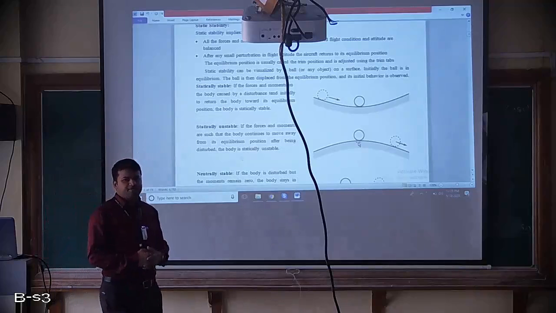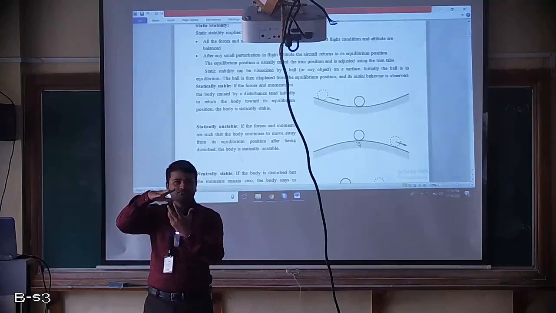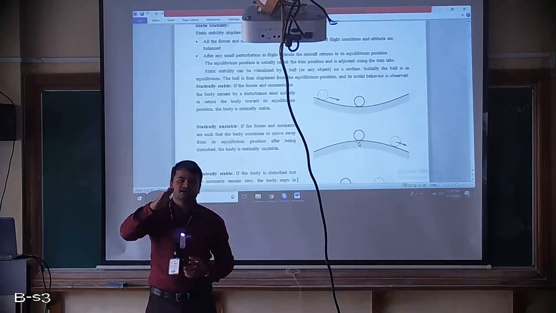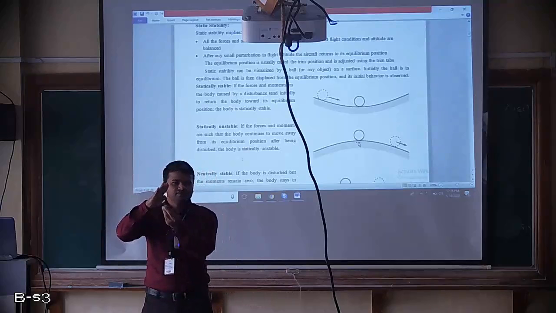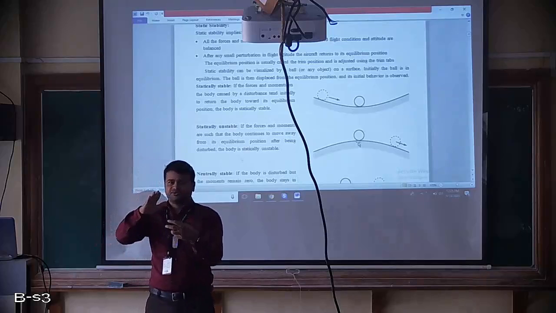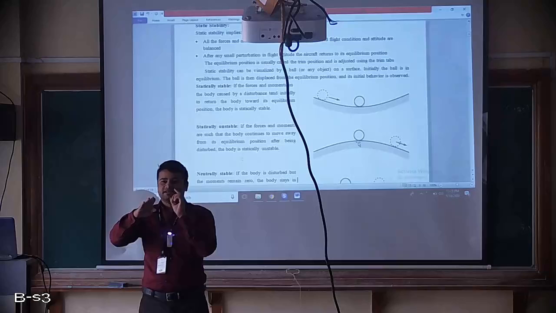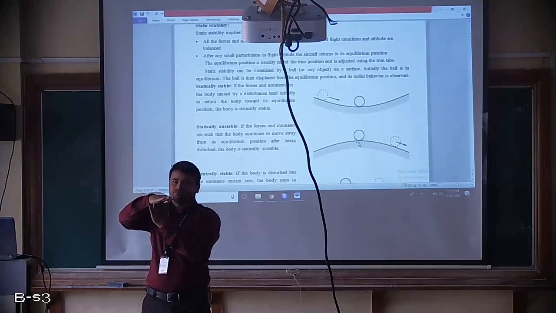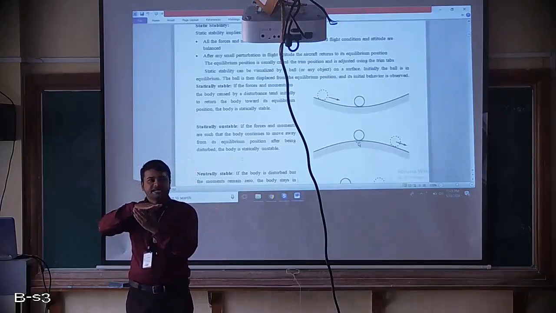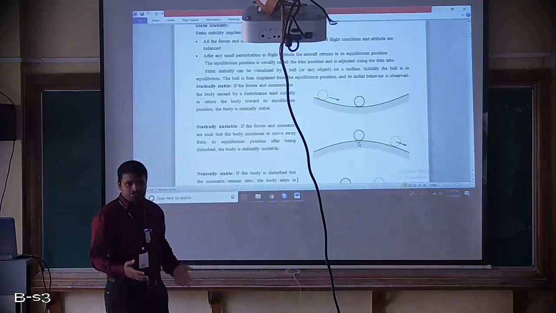Your aircraft is also the same way. It's flying in air. Let us say some wind will come, and it will disturb the aircraft. So your aircraft will move a little bit in upward direction, or it may change its orientation due to the wind. So after a certain amount of time, let us say a few seconds, what will happen? Your aircraft will come back to its original position without any actions required. So that is called as your aircraft is statically stable. So that is called as positive.